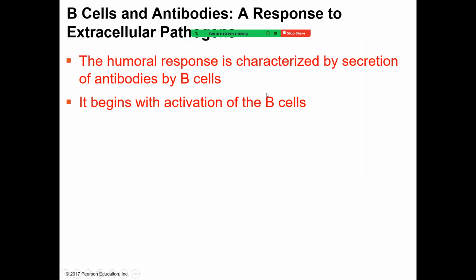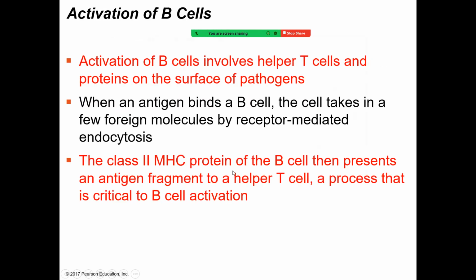So looking at the humoral response, again, we said that the humoral response is characterized by the secretion of antibodies, and the antibodies are secreted into the blood supply and into the lymph, which is the fluid in the lymphatic system, by those activated B cells. And of course, we know that we need to activate those B cells first for that to actually happen. So we know that the helper T cells that we saw before are very important in helping to activate our